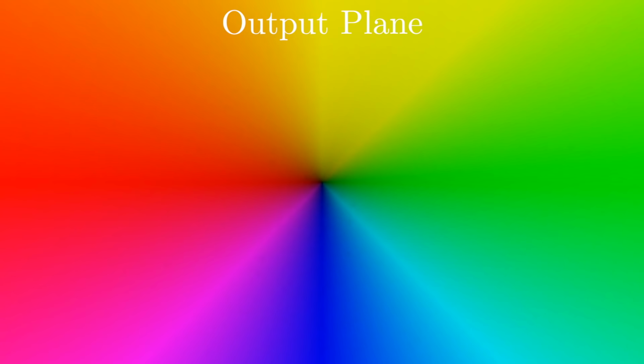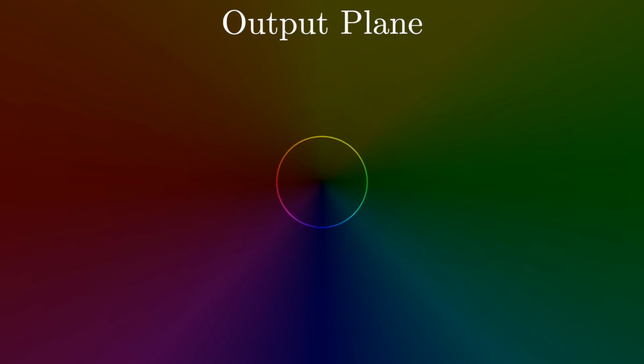Here we've used hues, that is where the color falls along a rainbow or a color wheel, to correspond to the direction away from the origin. And we're using darkness or brightness to correspond to the distance from the origin. For example, focusing just on this ray of outputs, all of these points are red, but the ones closer to the origin are a little darker, and the ones farther away are a little brighter. And focusing just on this ray of outputs, all of the points are green. And again, closer to the origin means darker, farther away means lighter. And so on. All we're doing here is assigning a specific color to each direction, all changing continuously.